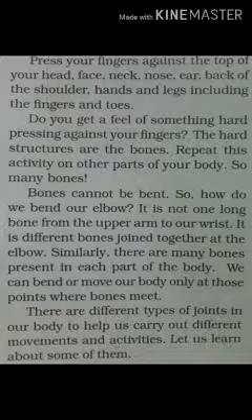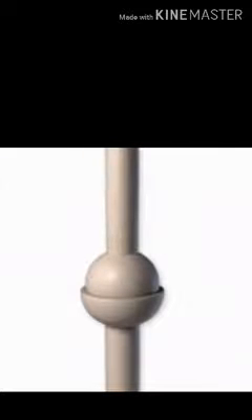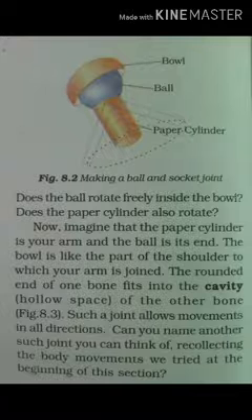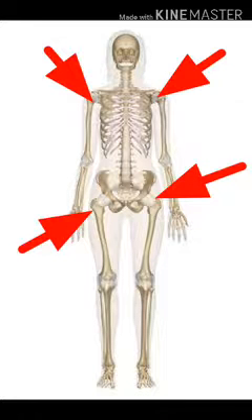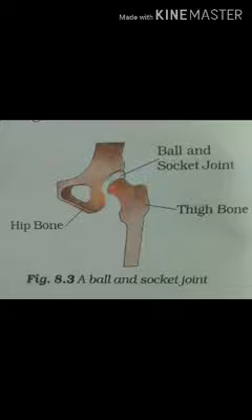The first one is a ball and socket joint. This is how a ball and socket joint looks, and this is how it moves. As this ball is free to move in this socket, it can move in all directions. Similarly, the bones which are joined with ball and socket joints can move in all directions. Our shoulder and our hip bones are joined to the limbs with this ball and socket joint. And that's the reason we are able to move our hand from the shoulder in all directions, and we can move our leg from the hip joint in all directions.